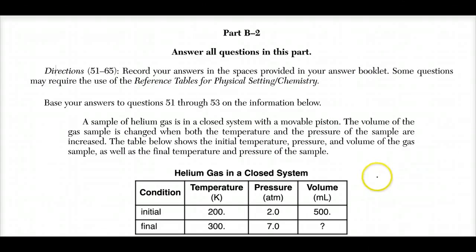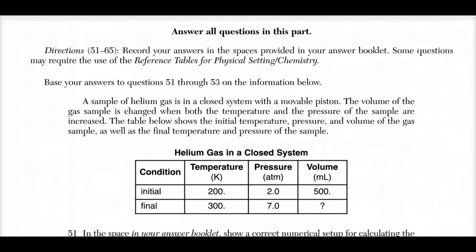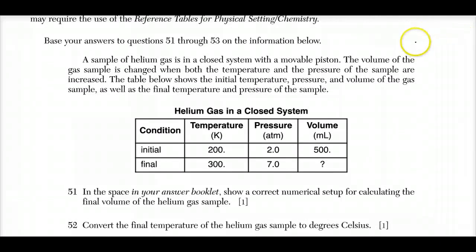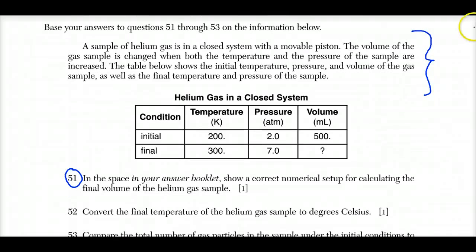The table below shows the initial temperature, pressure, and volume of the gas sample, as well as the final temperature and the pressure of the sample. So they give you a little blurb here. Some people like to read everything, and that could be a good strategy. Some people get lost in the shuffle with all this information and go right to the question, so it depends on the kind of person you are. I tend to read a little bit and go to the question, because a lot of times they give you more information than necessary. But in any case, 51,